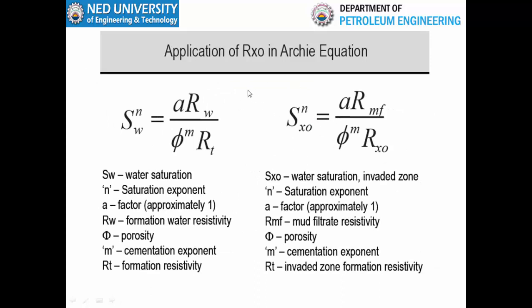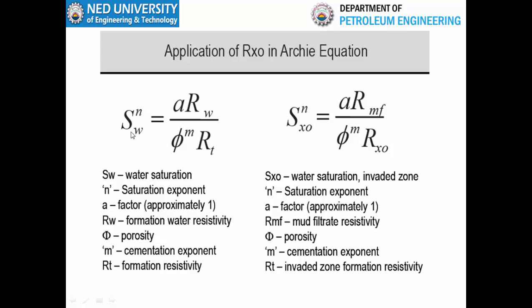So how do we use the Rw equation to calculate the saturation of water? In the first case we will see how we use the Rw equation to calculate Rw. So this is the Rw equation, and we know that this equation is used to calculate the connate water saturation, and this equation is applied in the pay zone, the zone that contains hydrocarbon.